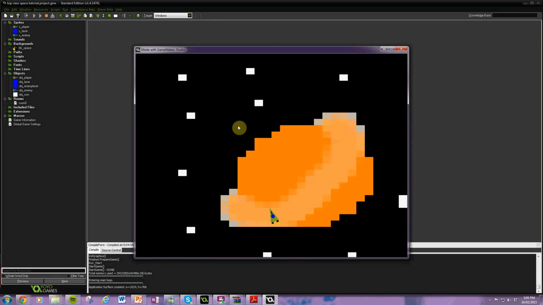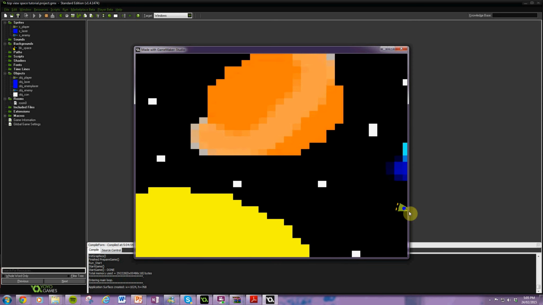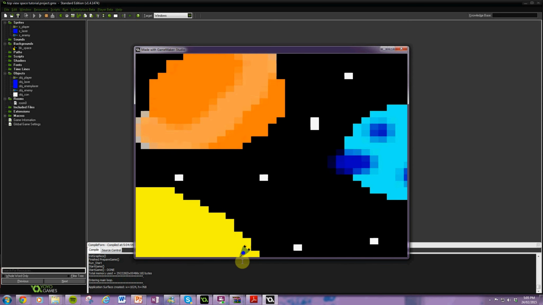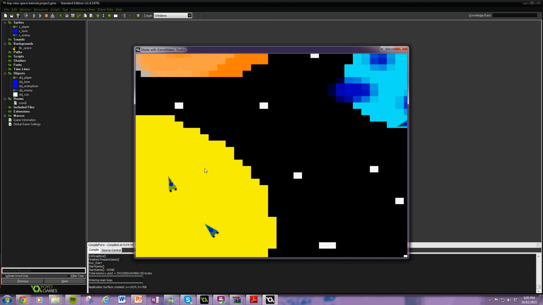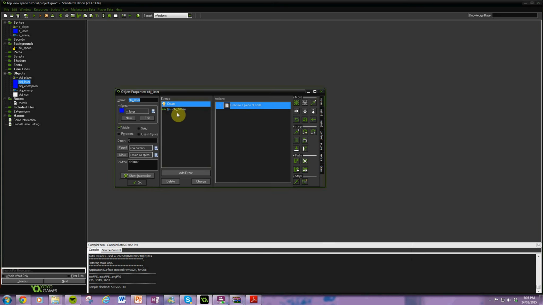So look. Another enemy to shoot. And you can increase them spawning by just setting the variable we created, spawn, to a lower value. That will make them spawn more. And then in laser before all of this, so just say